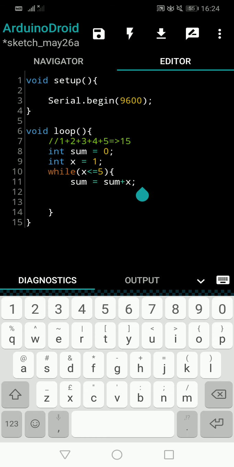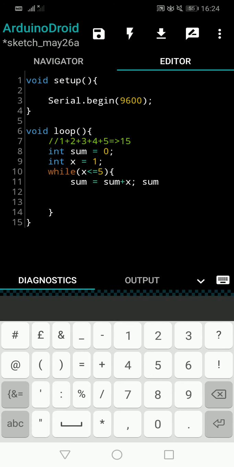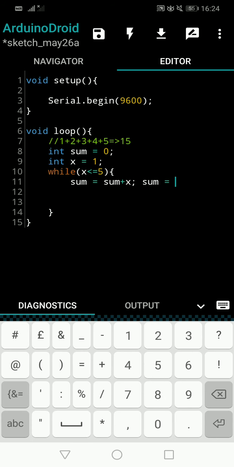Okay, so it will actually look like this: the new sum we are going to assign is the current sum value, 0. So you can say the left side is the new value we are going to assign, and the right side is the current value. You should think like that. So the left side is sum that is getting ready to be updated. The right side is the current sum plus what is the x value? 1. x is also on the right side, so we are taking the current x value. So what is now the value of the sum? 0 plus 1, that is 1.